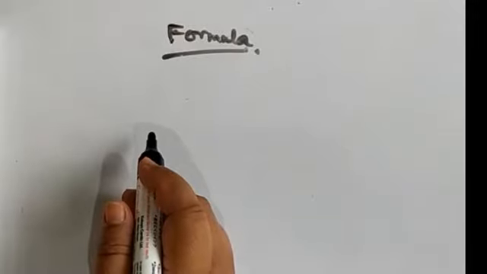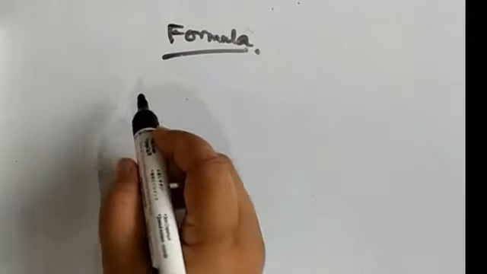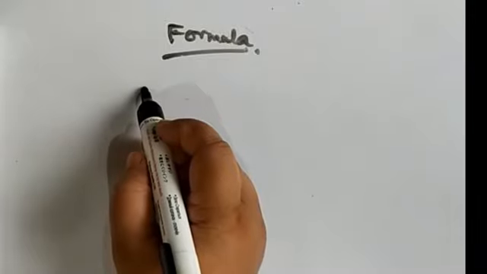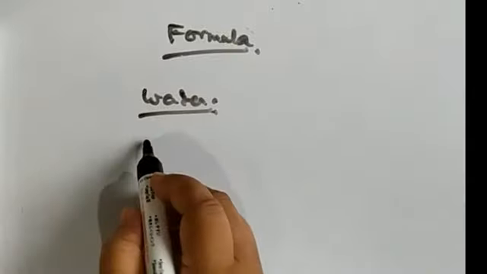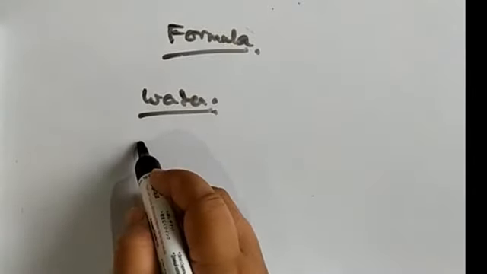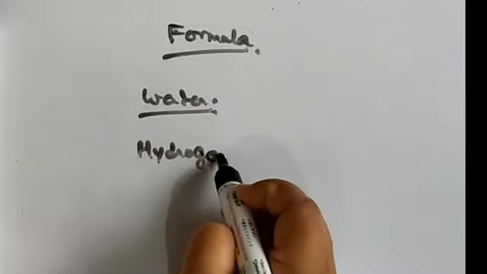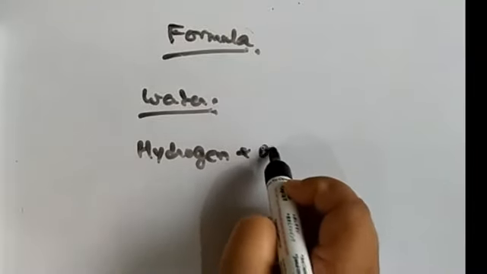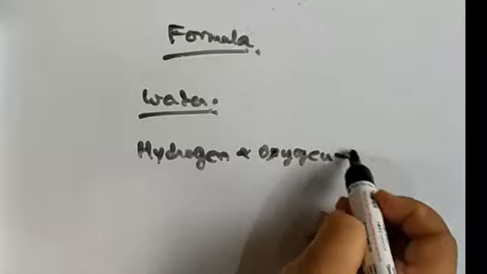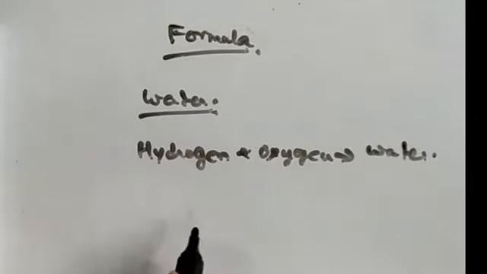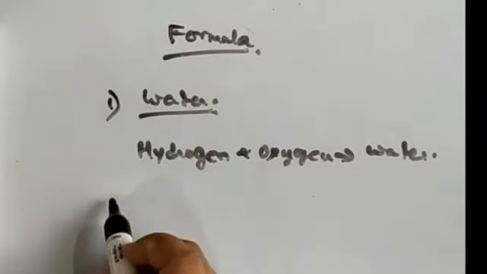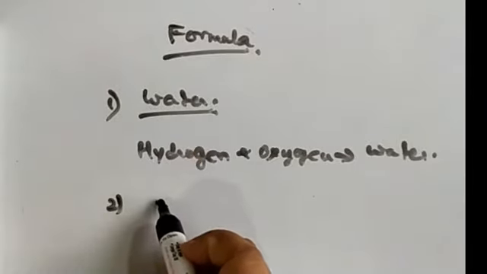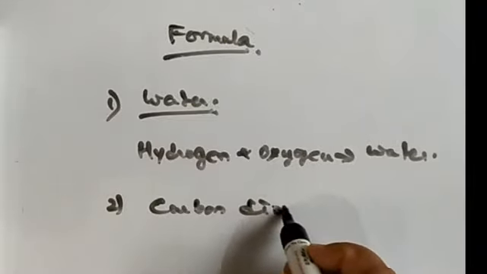Now let's see why a formula is required to name a molecule. Let's see one example. A very day-to-day example I am taking, the example of water. Now when we write water, then I have to write hydrogen. Water is the combination of hydrogen plus oxygen. Okay, they form water. So many things I have to write here. And carbon dioxide, the next compound I can also take, all the time present in the air. Carbon dioxide. Now what happened?